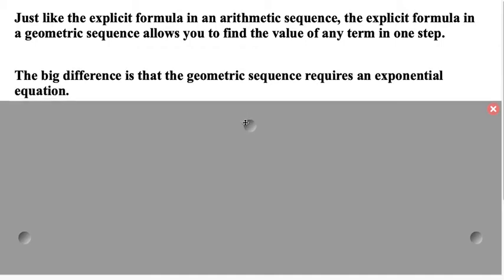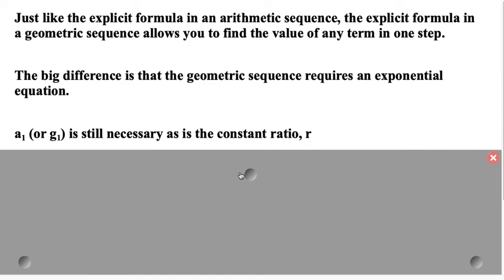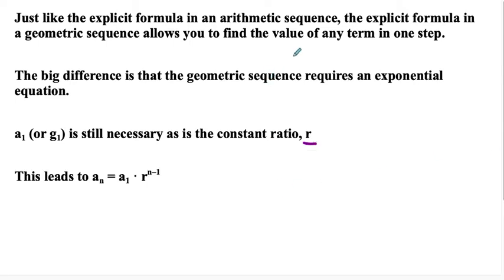The big difference is geometric sequences require an exponential equation. So the n is going to be an exponent. A sub 1 or G sub 1, your starting value, is still necessary, as is the constant ratio. Don't forget, that's what we're multiplying by each time. So this is what it would look like: a sub n equals a sub 1 times r to the, and this is counterintuitive, but to the n minus